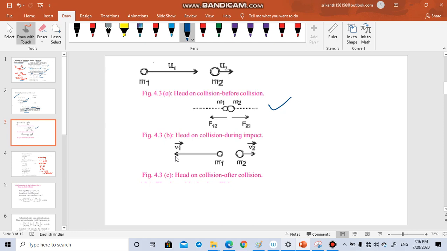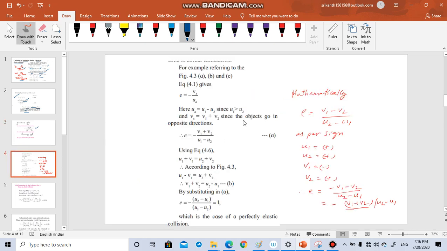Here both velocities are in opposite direction. So what will be the velocity of separation? You have to add. Just now I told you it will be v1 plus v2, and here at the initial stage both are in the same direction. That means u1 minus u2 you have to take. See here what happens: this mass m1 is hitting m2 and it is getting bounced back. So can I say that u1 is greater than u2? This is the velocity of approach, u1 minus u2.